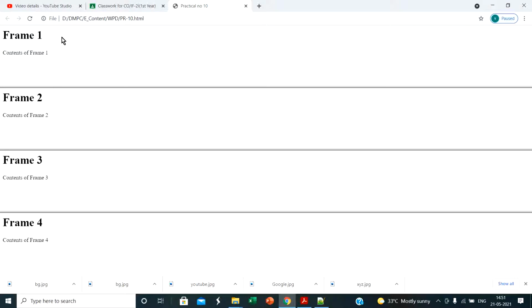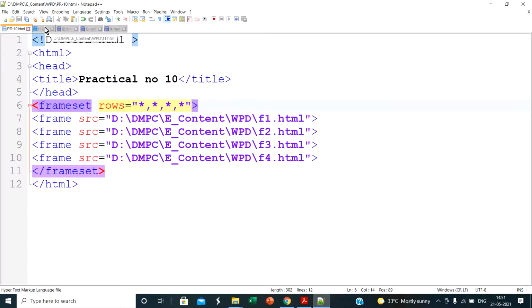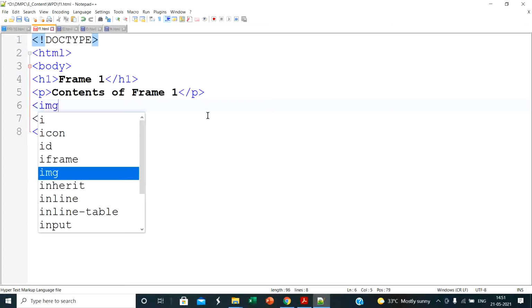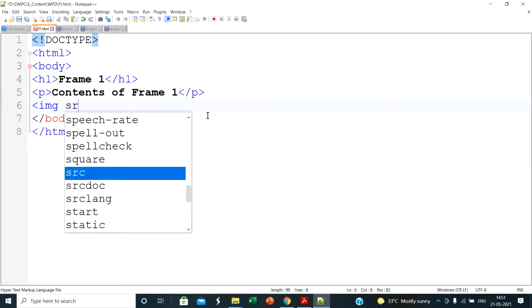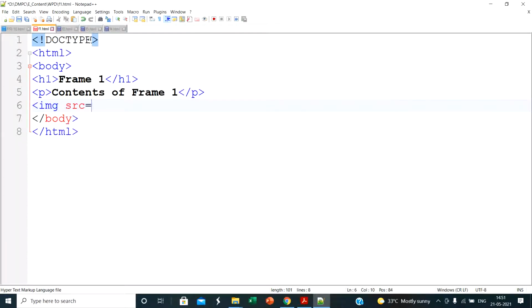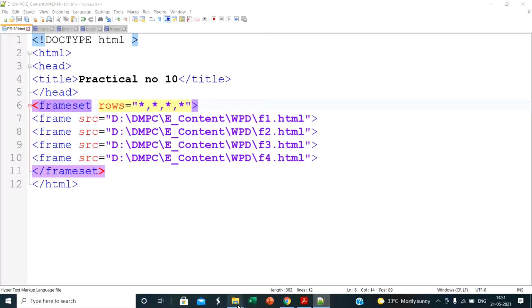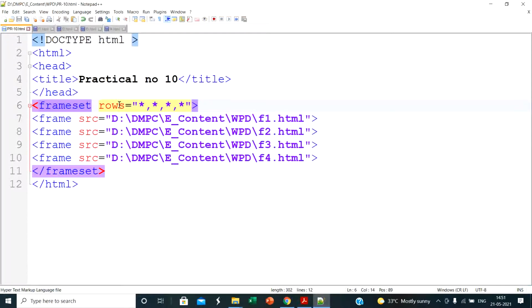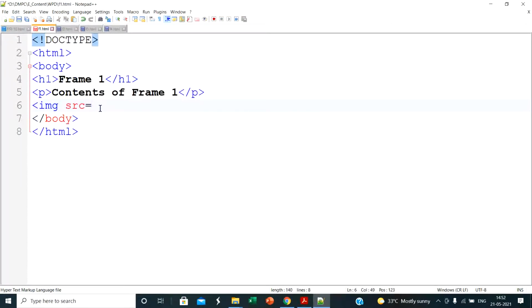And we can insert any content in this frame. If I want to display something in a frame, then I update the frame 1 file. I will update it here. Simply, if I want to display an image in the first frame, I use the image tag, then src is equal to, and I take the path of the image. So I paste the path